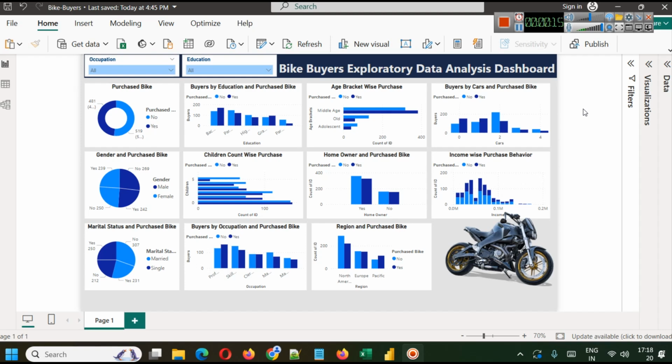So this is data of around 1000 customers, and it is given how many of them have bought bikes and how many of them have not. So this is their purchase bike, yes or no. And on the basis of different other parameters like their education, their age bracket, how many cars they have, income wise purchase behavior, their home ownership status, number of children they have, their gender, their marital status, their occupation, and region in which they are, we will be able to see the ratio of purchase yes and purchase no,